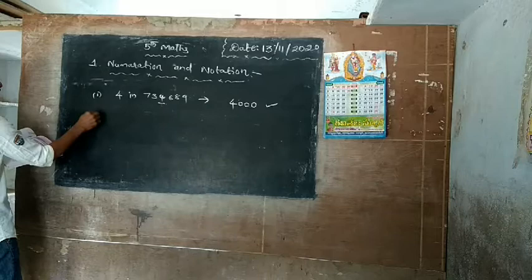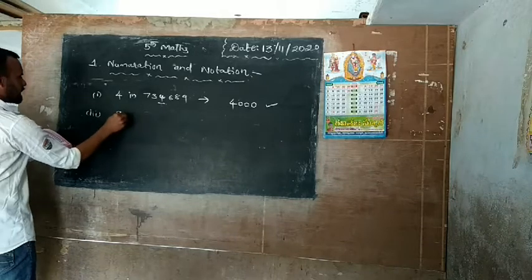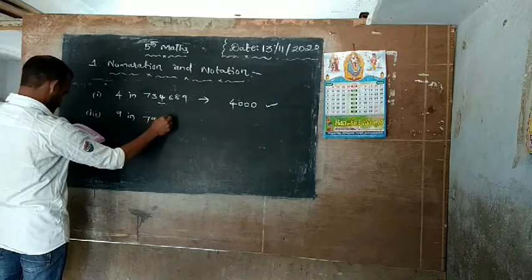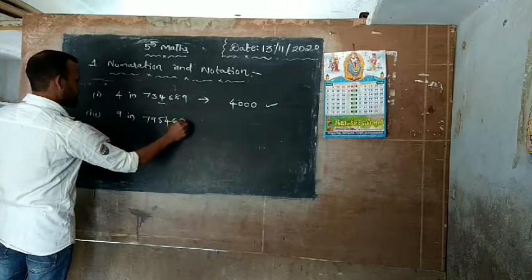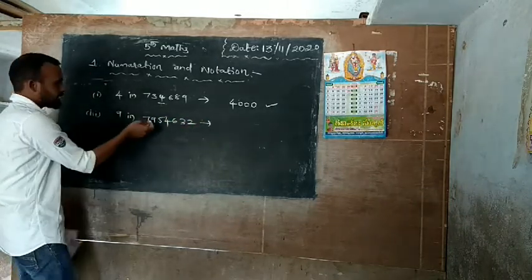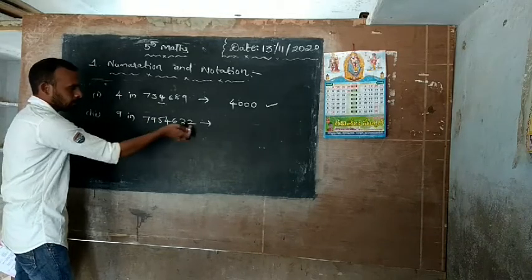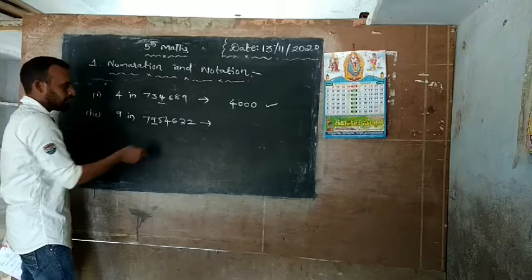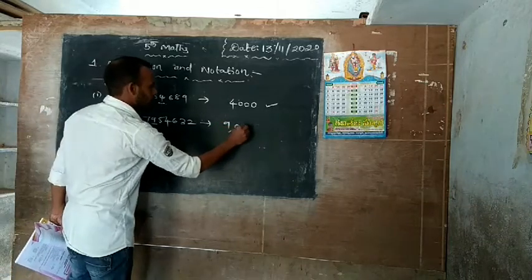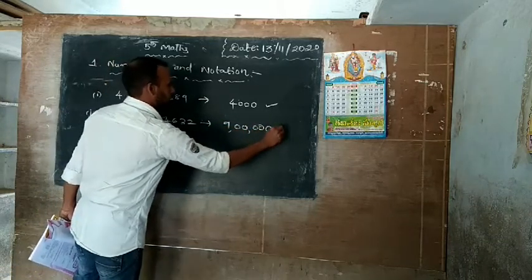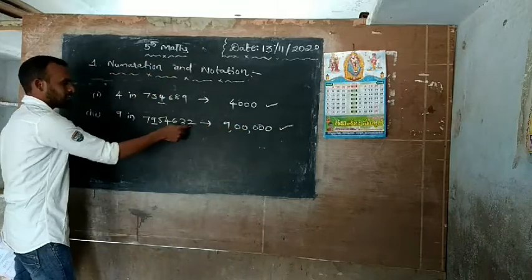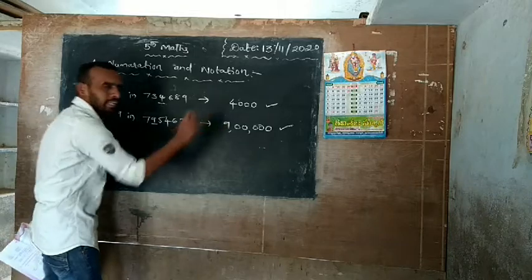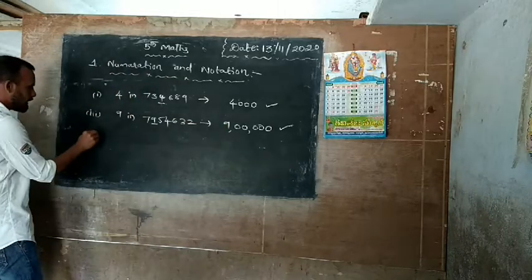Third one, see here. The place value of 9 in 7,95,46,32. In this number we have 1s, 10s, 100s, 1000s, 10,000s, and then the lakh place. The lakh place has the number 9. That's why the place value of 9 is 9 lakhs. Understood? I will explain the rest like this now.